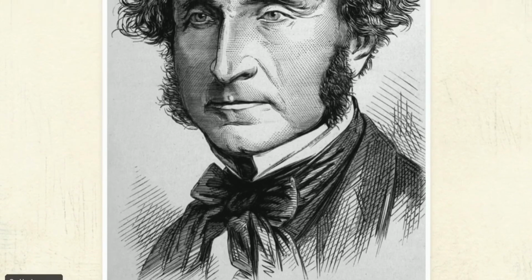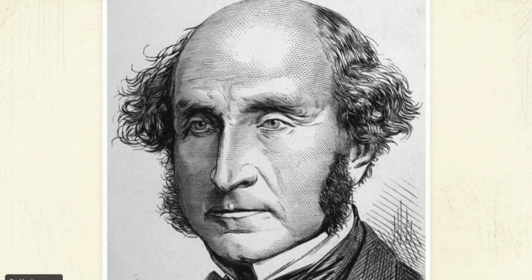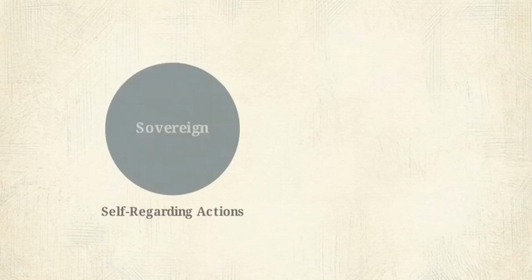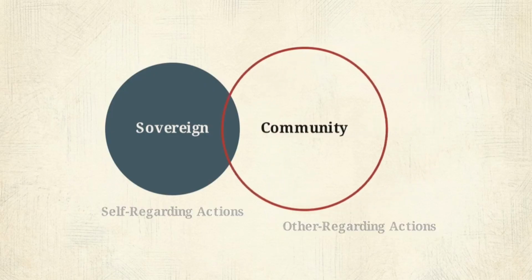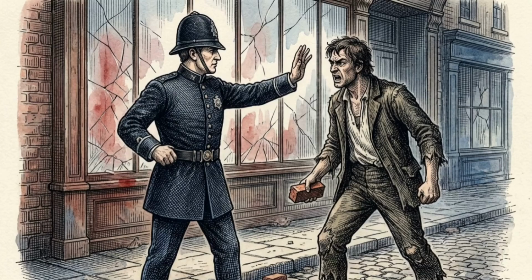The 19th century individualist movement, led by John Stuart Mill, challenged this collective priority. In his 1859 Harm Principle, Mill argued that the state can only legitimately restrict freedom to prevent harm to others. Mill separated self-regarding actions, like personal lifestyle, from other-regarding actions that affect the community. Only the latter could be subject to restriction. Political theory shifted from establishing basic order to negotiating the precise boundary between individual expression and collective societal health.